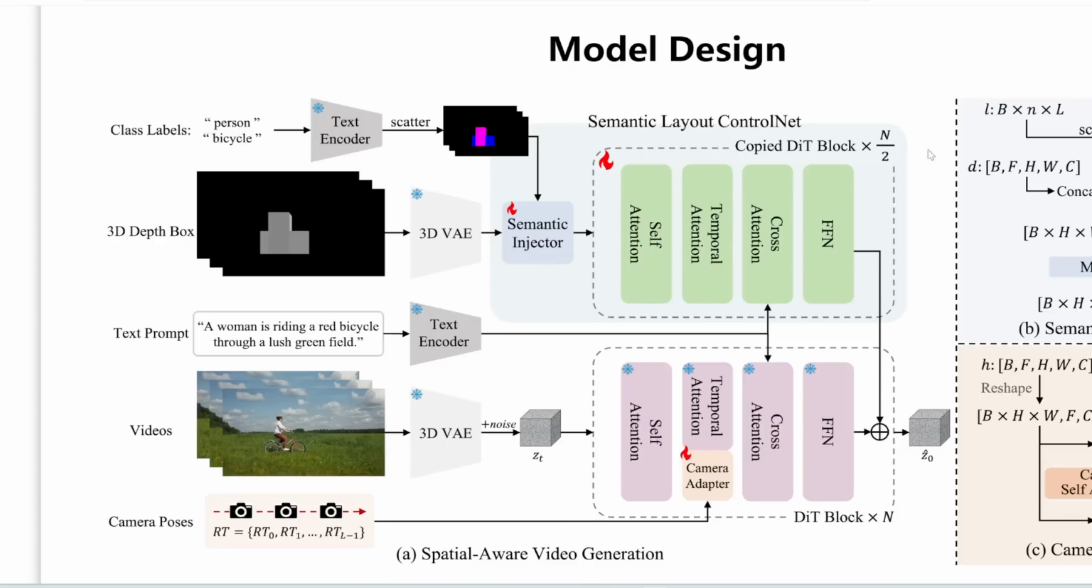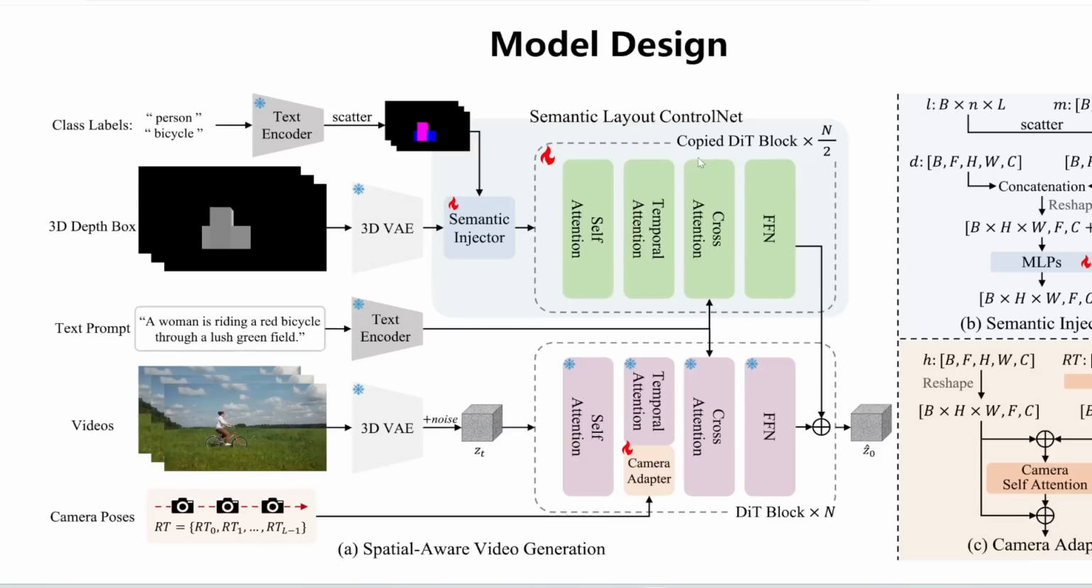And then this architecture has a core component called Semantic Layout ControlNet, which contains two main parts. The first part is this semantic injector, which basically combines your 3D object positions with their relevant labels. So in this case, it's going to map one of these objects as the person and the other one as the bicycle. It then runs this through a diffusion transformer control net, which processes this information and integrates it with